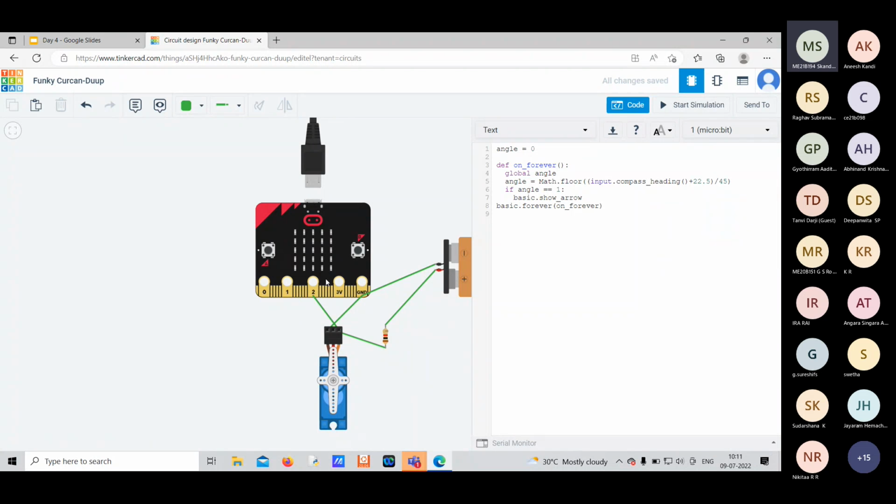As in, how will you know in which direction your compass is pointing? You would be getting a simulation here that tends to rotate your board. But how can that be applied in a real world application? So in order for that to happen, we'll be showing the direction in which